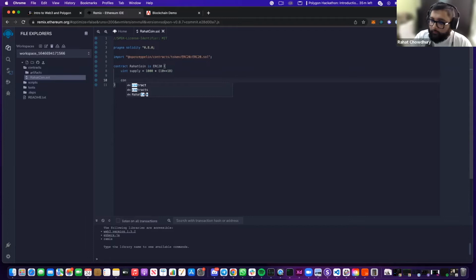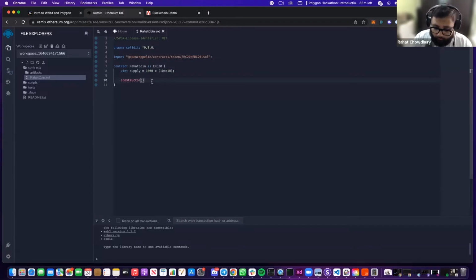Now I'm going to have this constructor. Let me remember to add that in there. Okay, constructor. The constructor can take some arguments for when you first deploy your smart contract. In our case, in our constructor, we're just going to declare that we're building out this ERC20 token. So the ERC20 standard